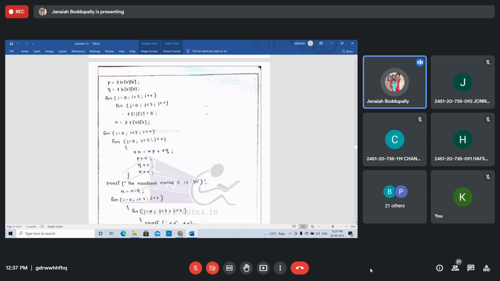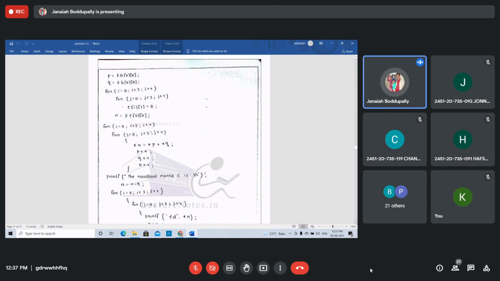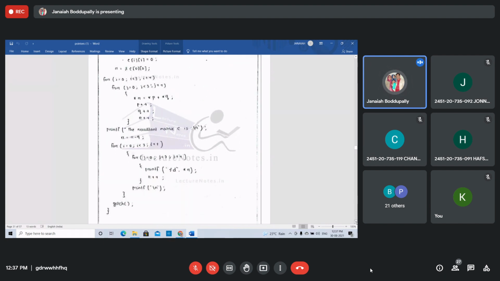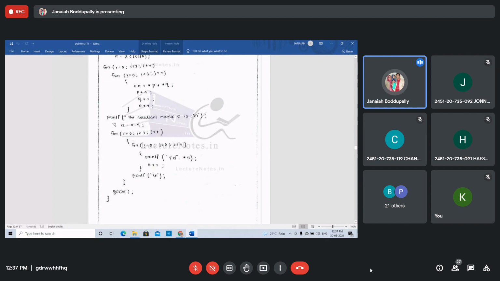See this. Now once all the elements are completed, then how is the resultant matrix C displayed? Every time you reduce one value, R equal to R minus 9, right? Because R is incremented from 0 to 9, that is 9 elements. Now reduce this, then our starting value of R is 0 once again. If you write like this, R will be incremented in the loop, then that will be made 0, then start again.